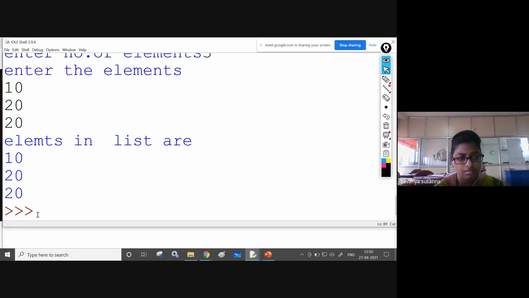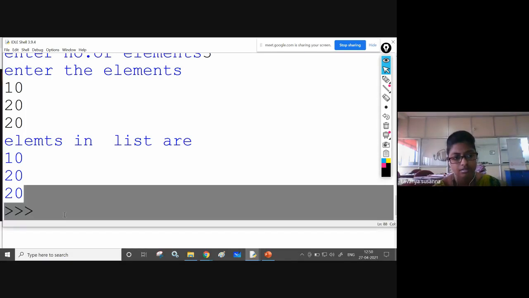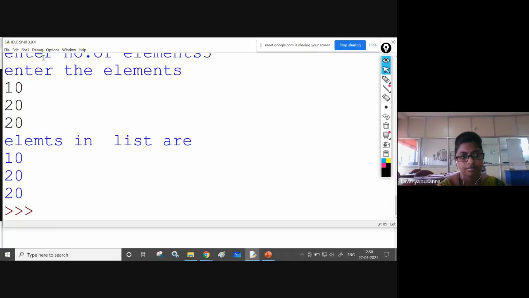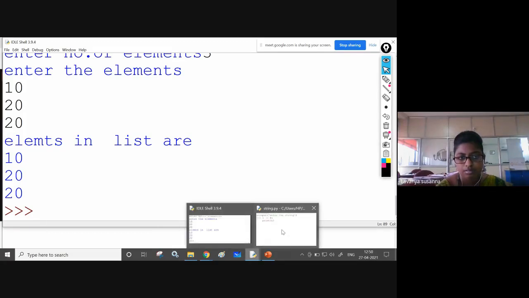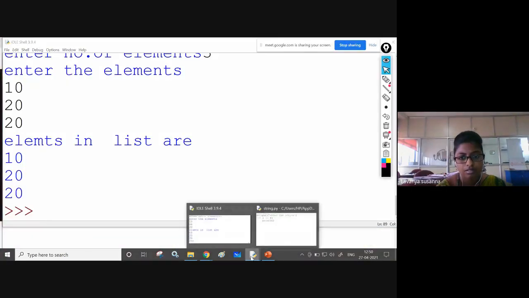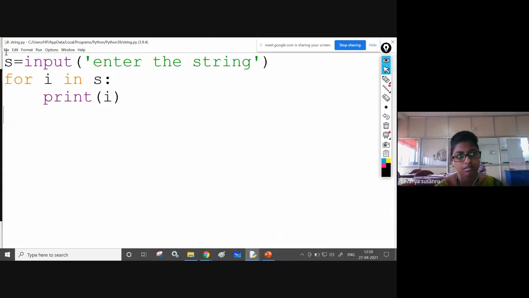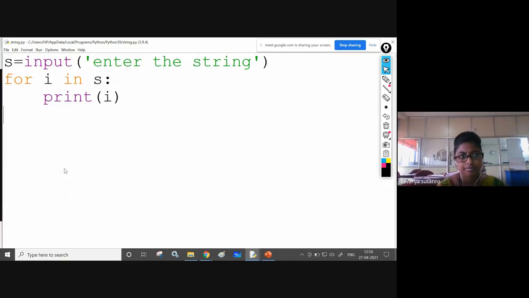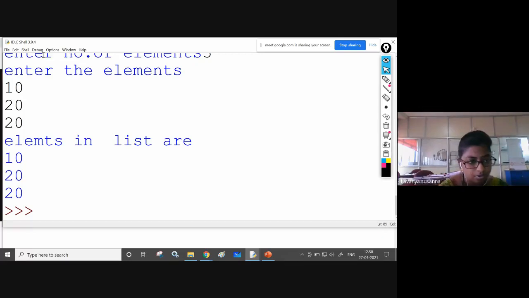Okay, see. Why is it not showing output? Just wait. It's not showing output.